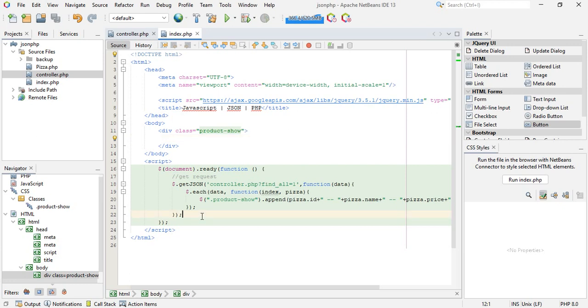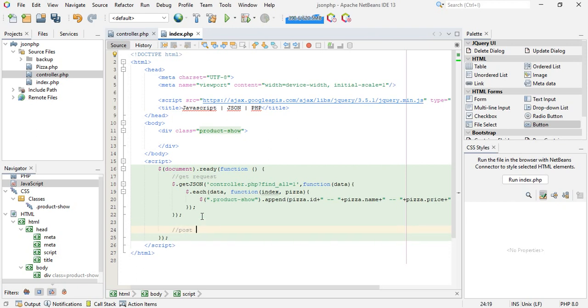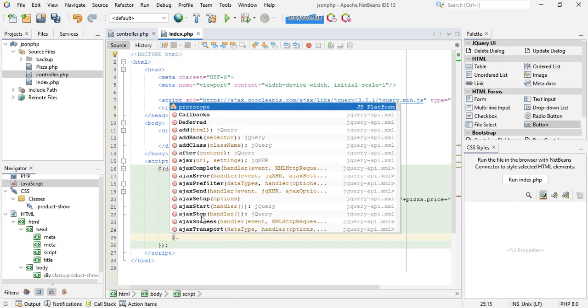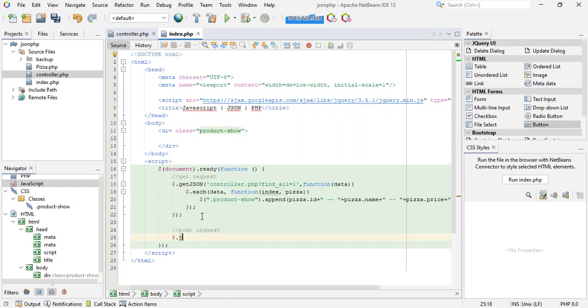I'm also going to show you how to use the post request to do the same. Post request, and here we're going to use the jQuery dot ajax function, and it accepts an object,